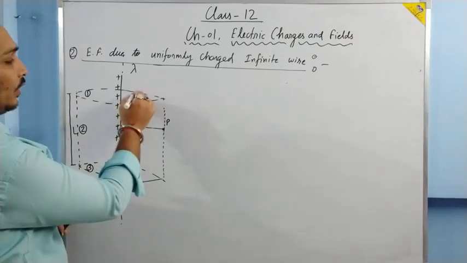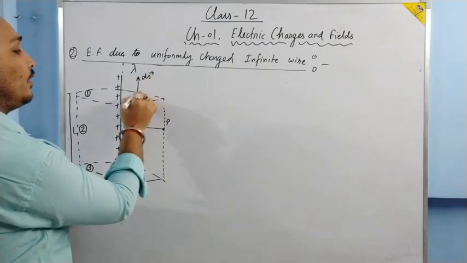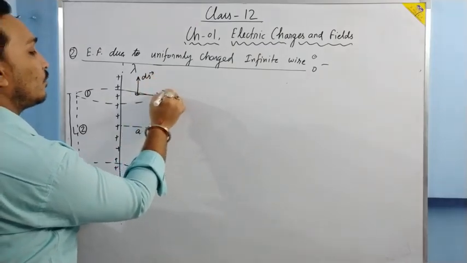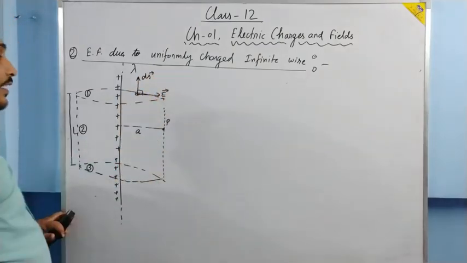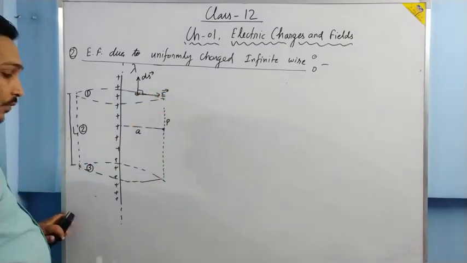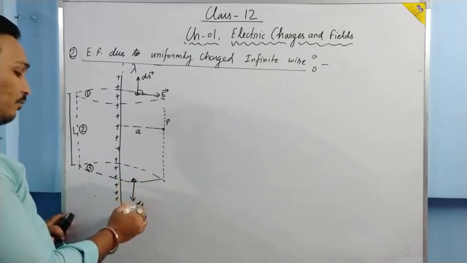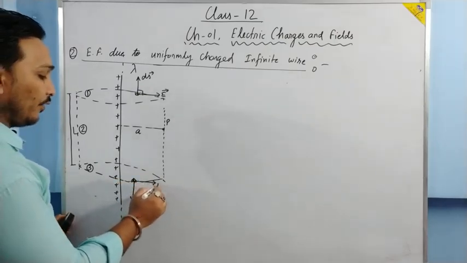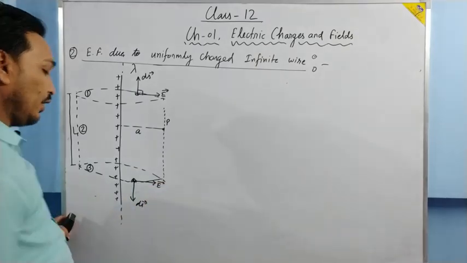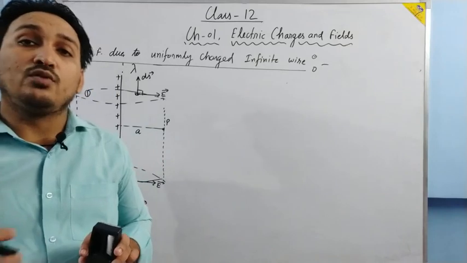If we take an area element on the first surface, it will be outward, and the electric field is this way. They make a 90-degree angle, right? Between the area vector and the electric field. Here the area vector will be vertical downward. How am I determining the direction of the area vector? I have told you the direction of the area vector is always normal outward.